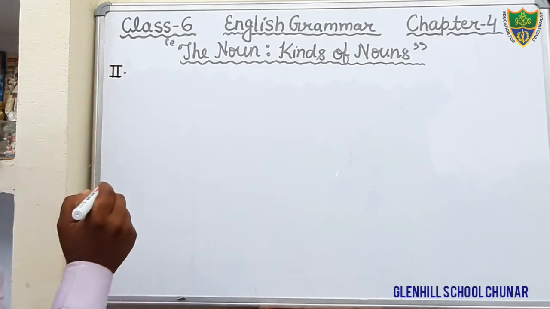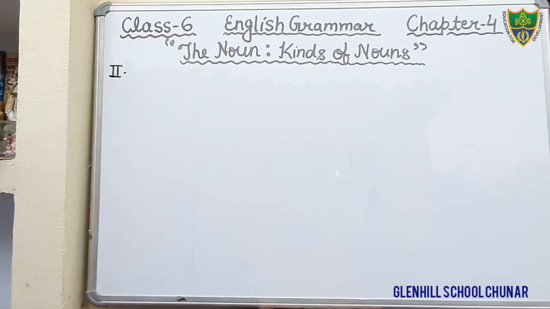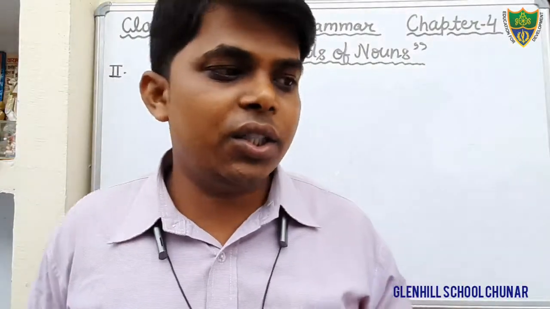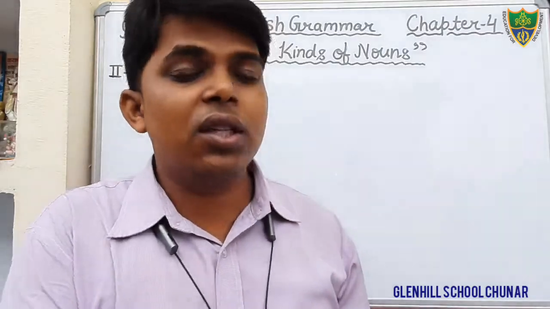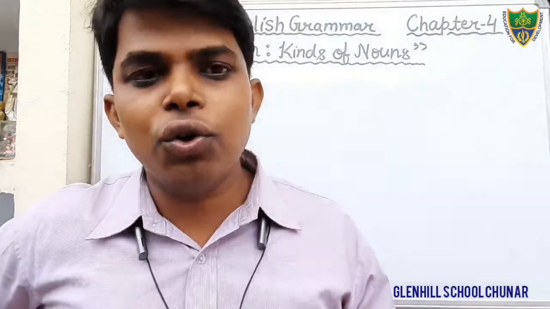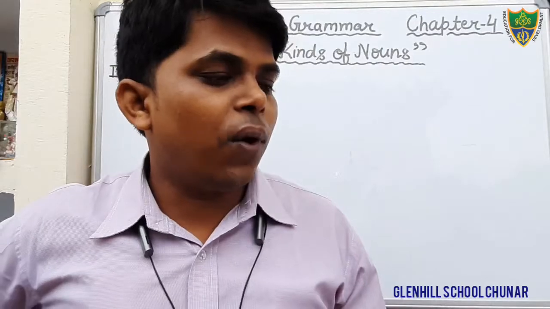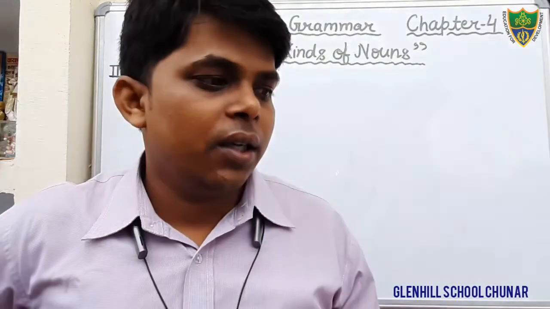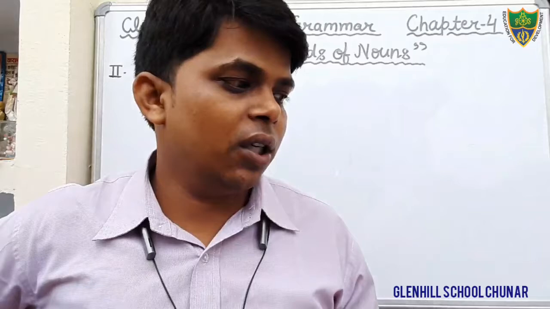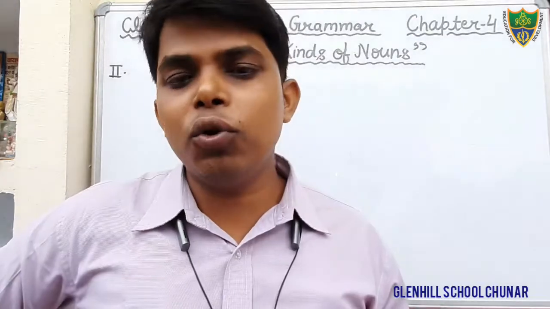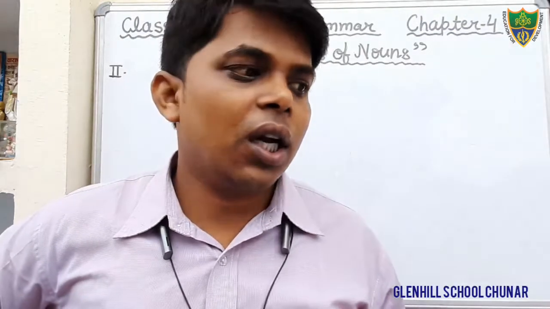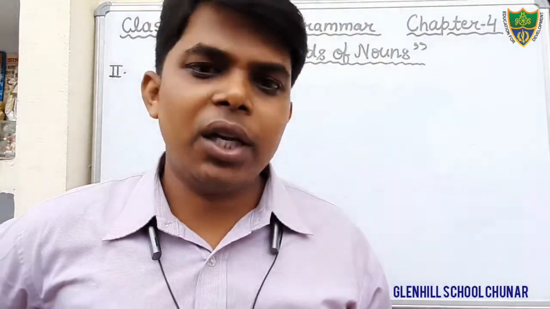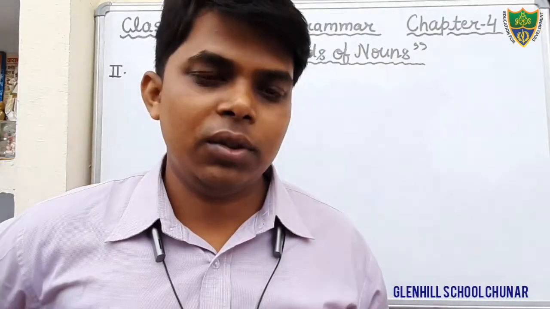and what is there here? What is the question? From the given list. There is a list given of 1, 2, 3, 4, 5, 6. There are 6 rows, and in each row there are 5 words. It means there are 30 words in this question, and you have to choose. These words are proper noun, common noun, collective noun, abstract noun or material noun. You have to write down.